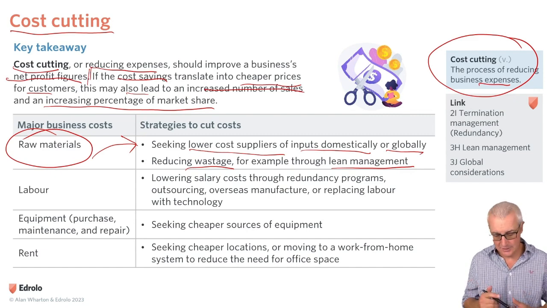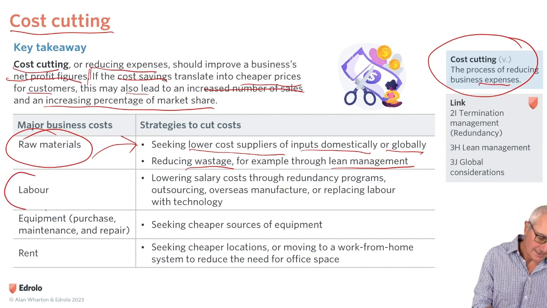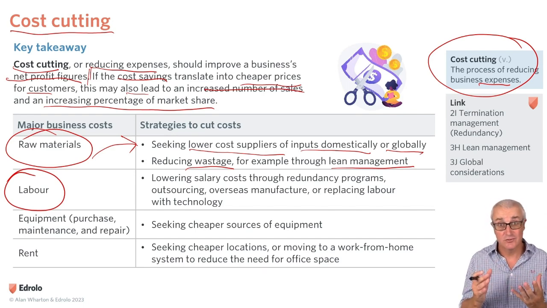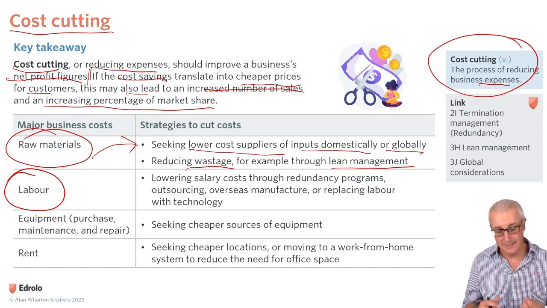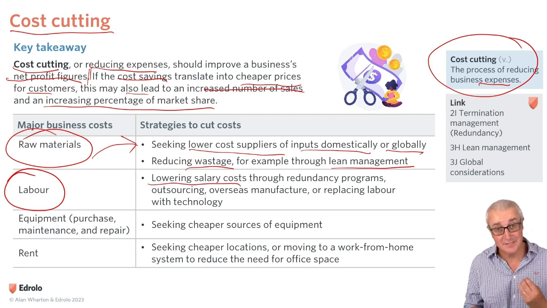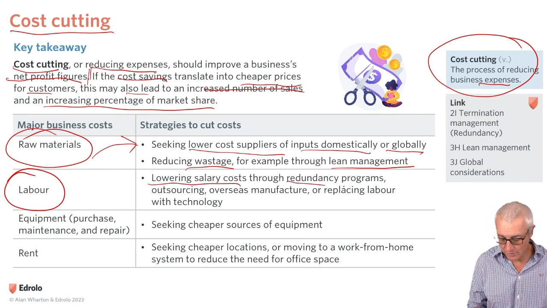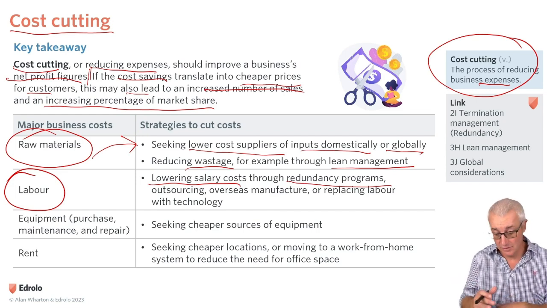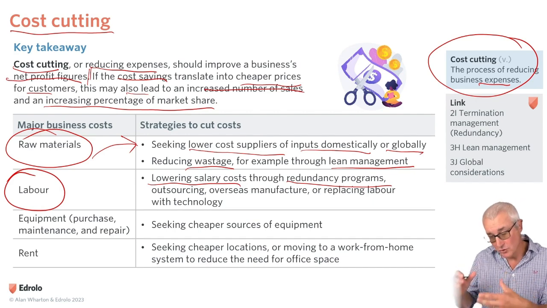Okay, another business cost, a big one for businesses, is labor. Those are employees. For some service industries, 70 or 80% of the total business costs are associated with the labor that's providing that service. Lowering salary costs is a way of cost cutting in that area. How do we do that? Well, unfortunately, in some situations, it literally is redundancy programs. If we don't have the staff on our payroll lists because we've made them redundant, then that reduces the cost